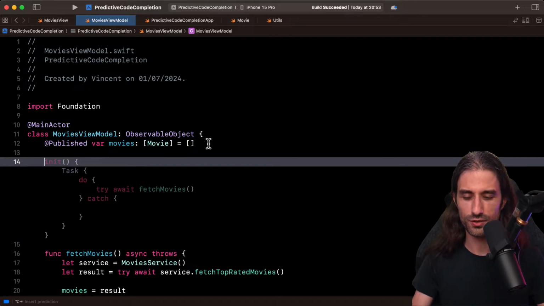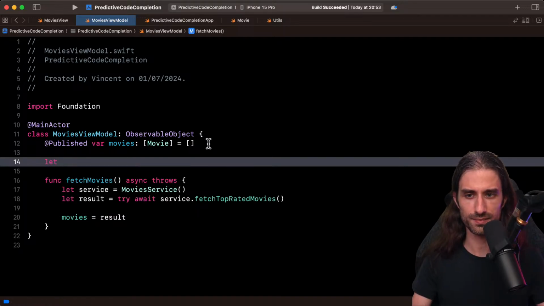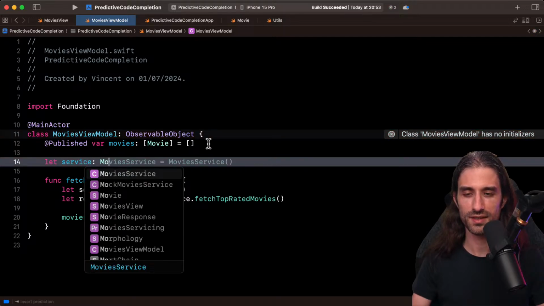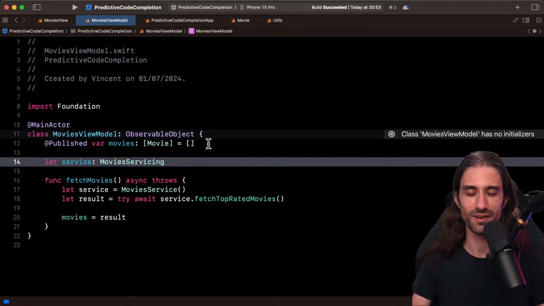Let's see here. I'm just going to do nothing. So it suggests to put an init and to call. Oh, it suggests to call fetch during the init, which is not a good practice when you do SwiftUI. So in terms of the AI having been trained with best practices, take it with a big grain of salt, to be honest, because we've seen a few anti-patterns being suggested. So I want to do let service. Okay, we are almost there, but I want to call it. No, if I want to say the type explicitly, maybe it's because I want something that is not obvious. Okay.